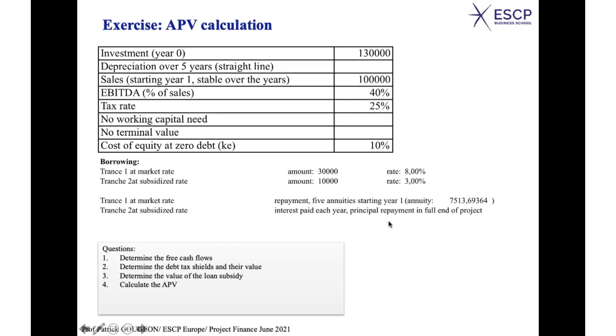And we will calculate the APV in the end. So this is a cash flow statement, simplified version: years, sales, EBIT, depreciation, and so on. I don't need to comment on that because we have no change in working capital, because the working capital is 0. Okay? So you recognize a traditional cash flow statement: sales, EBIT, depreciation,